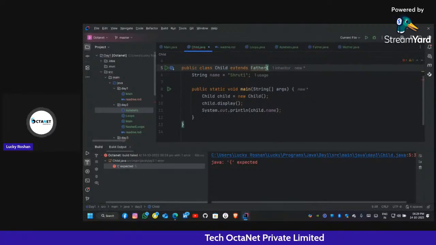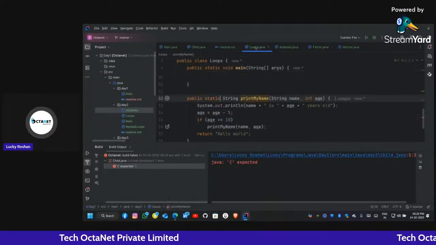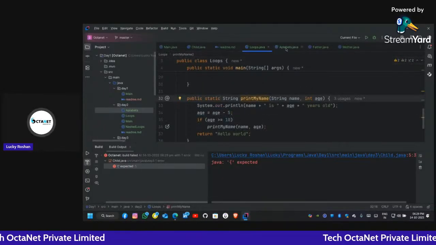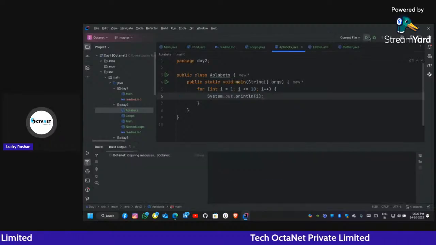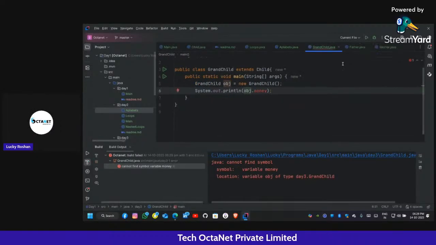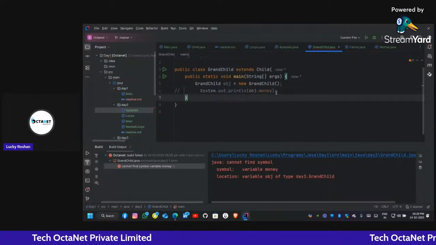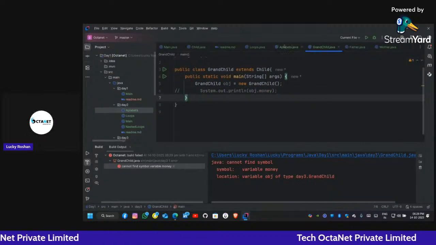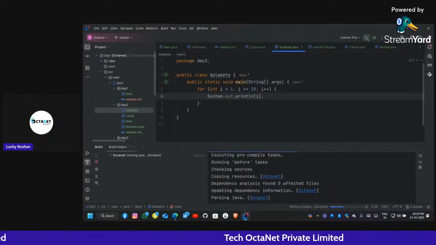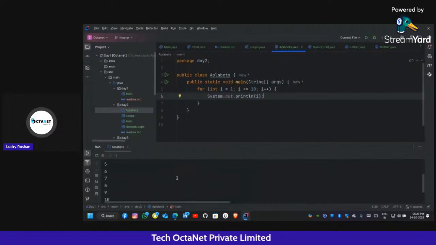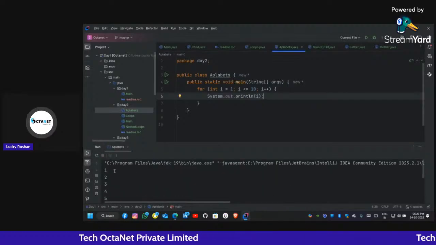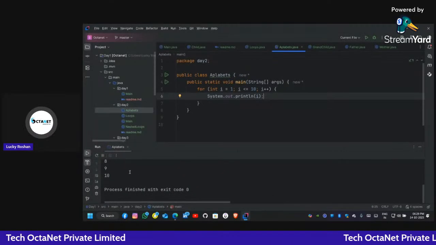Let's go to alphabets.java and run the file. Let's comment out obj.money for now. Run it. Now we can see the output. See, here it says 1 to 10 like the previous classes.